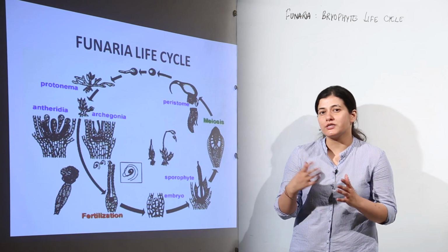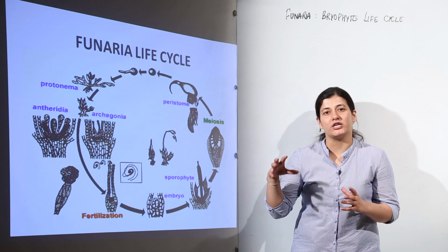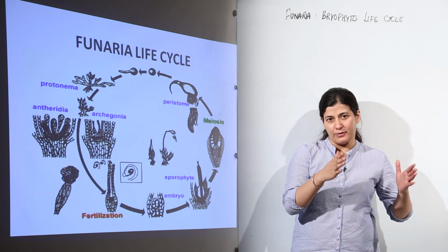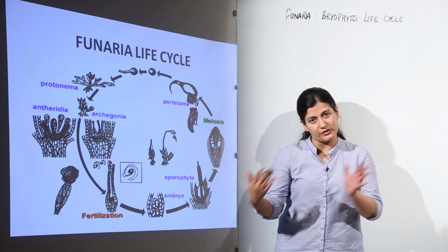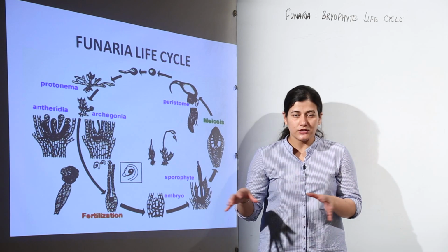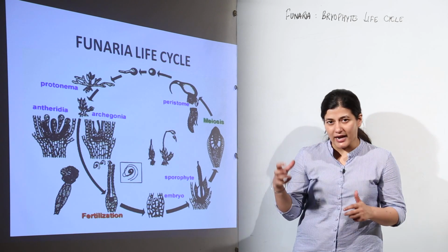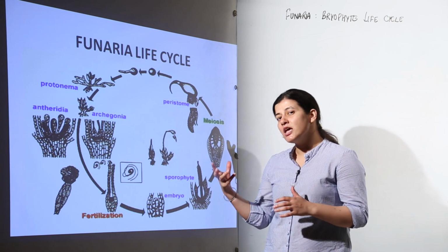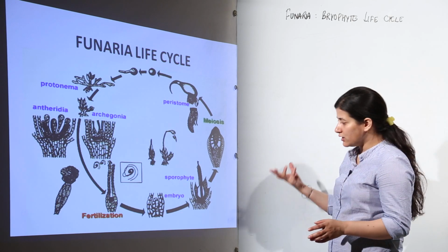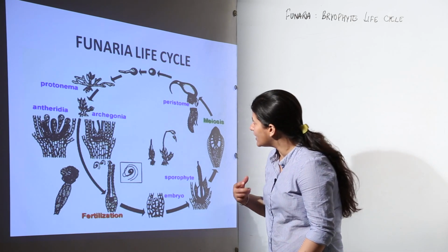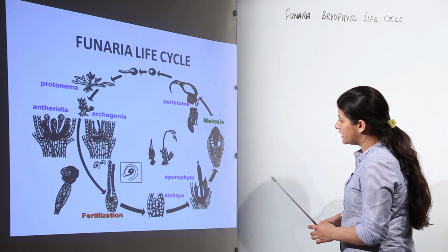When I say alternation of generation, we have to pay special attention to which part of the plant's lifespan is the sporophyte and which is the gametophyte. We are going to see that and understand how alternation of generation takes place. We have already discussed it, but a little pictorial representation helps in better understanding. So, for that we have it here.